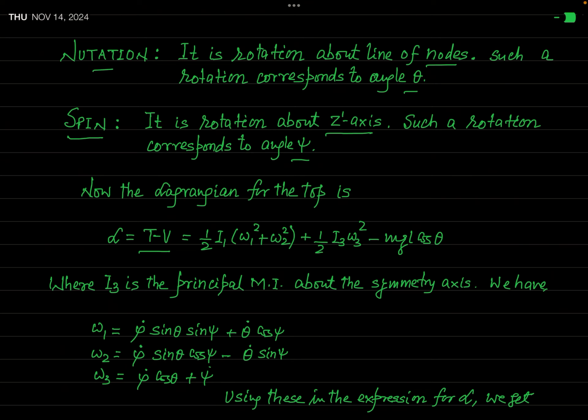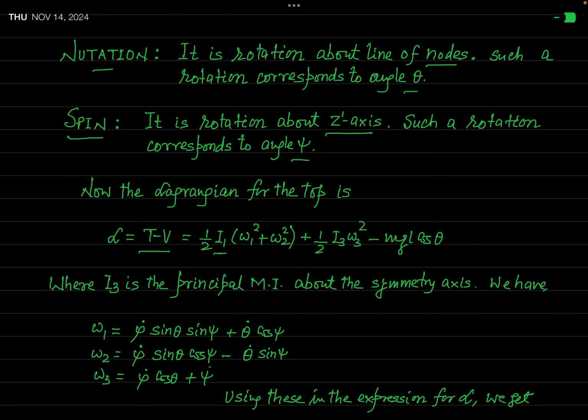With respect to the principal axes, the rotational kinetic energy is given as 1/2 I1 omega 1 squared plus 1/2 I2 omega 2 squared plus 1/2 I3 omega 3 squared. But remember, I told you in the beginning that in the present case